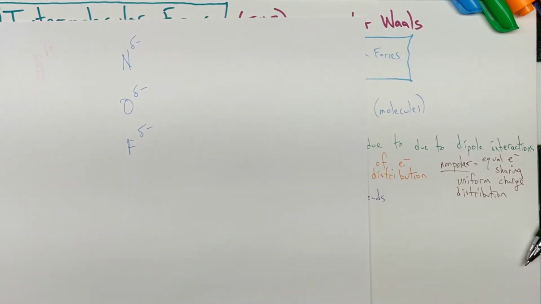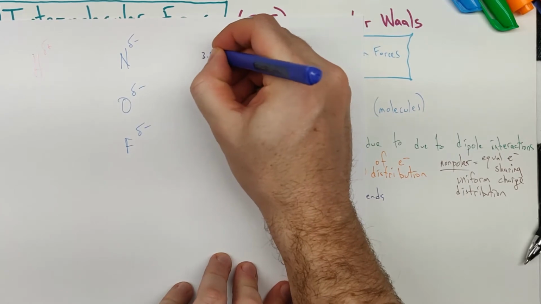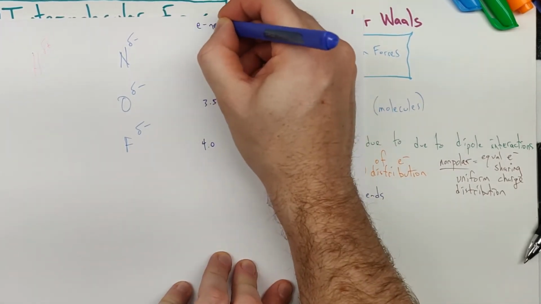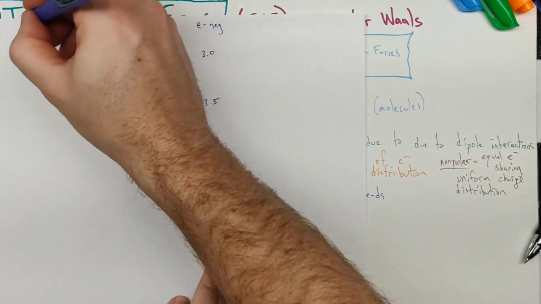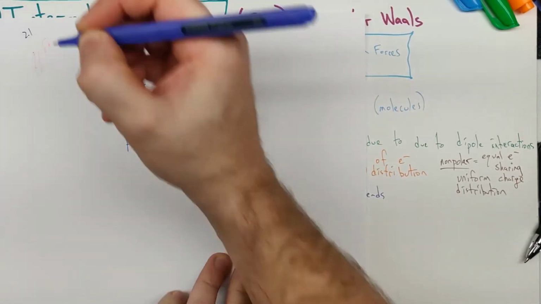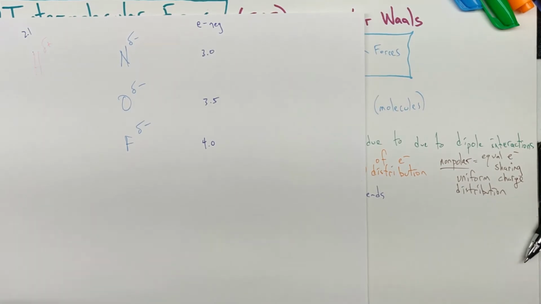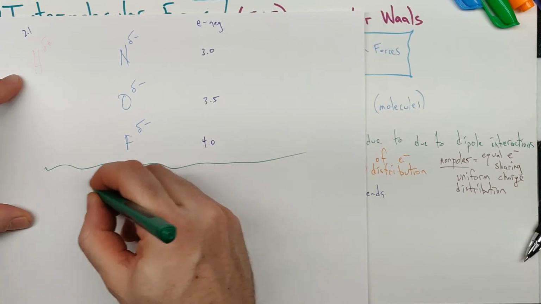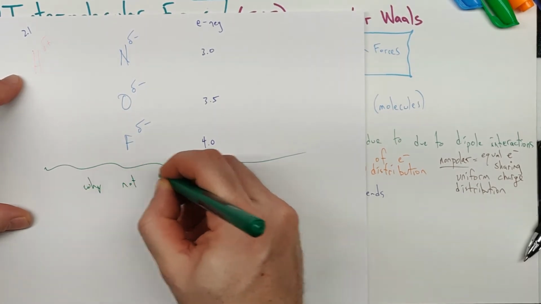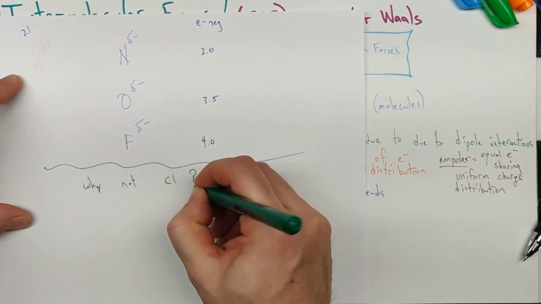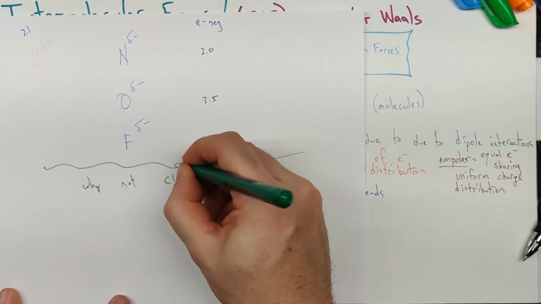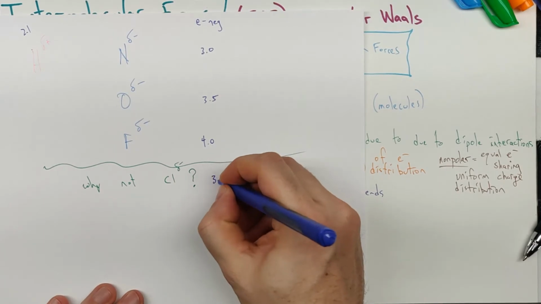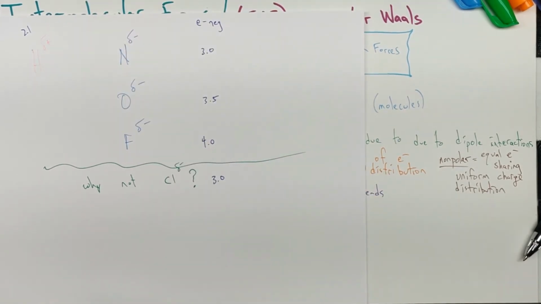And when we wrote those electronegativities out, nitrogen was a 3.0, oxygen 3.5, and fluorine 4.0 for electronegativity. And then hydrogen was a 2.1, wherever you want to write that. The question then comes up, why not something like chlorine? Now I guess we should say slightly negative chlorine. If you look at the electronegativity on chlorine, it's 3.0, which puts it right up there with nitrogen in terms